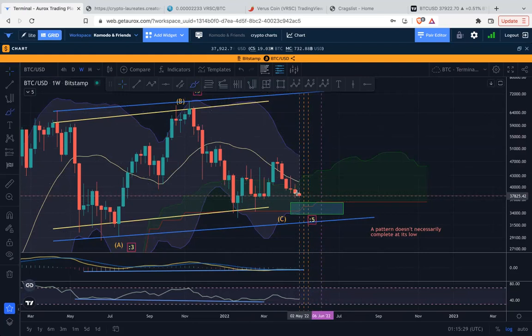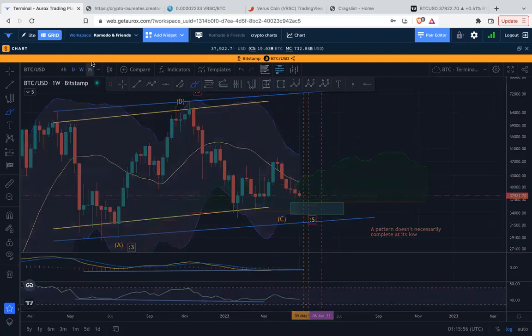But I guess the big point is an invalidation is like getting below the Ichimoku cloud, rejecting from below, and then continuing down would be the next logical idea. The other option is you get some good buying support if it dumps down, and when the price is closing in these kinds of levels, then you're really thinking strong. And when we get into the daily, we can look at measured moves and find out how they fit into this boxy area. So let's go to the daily.